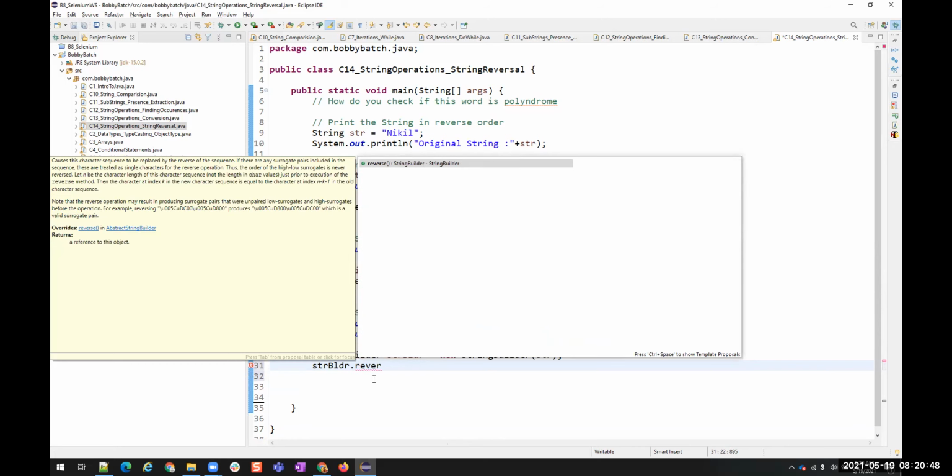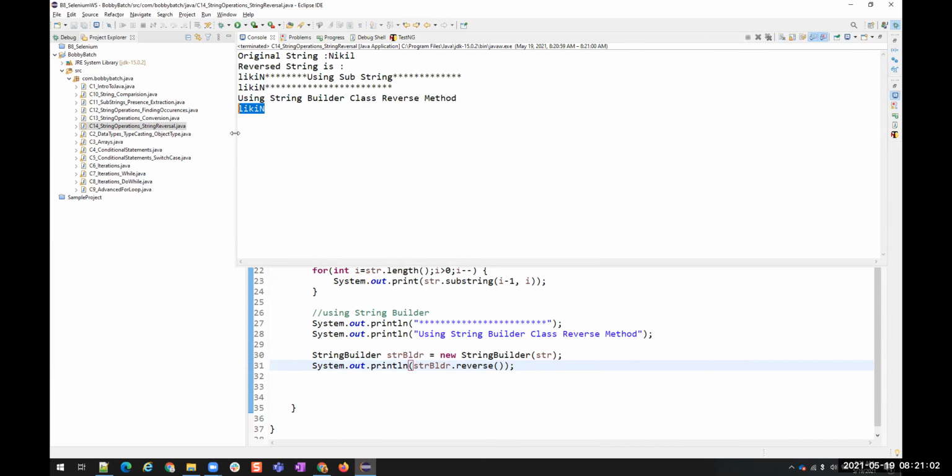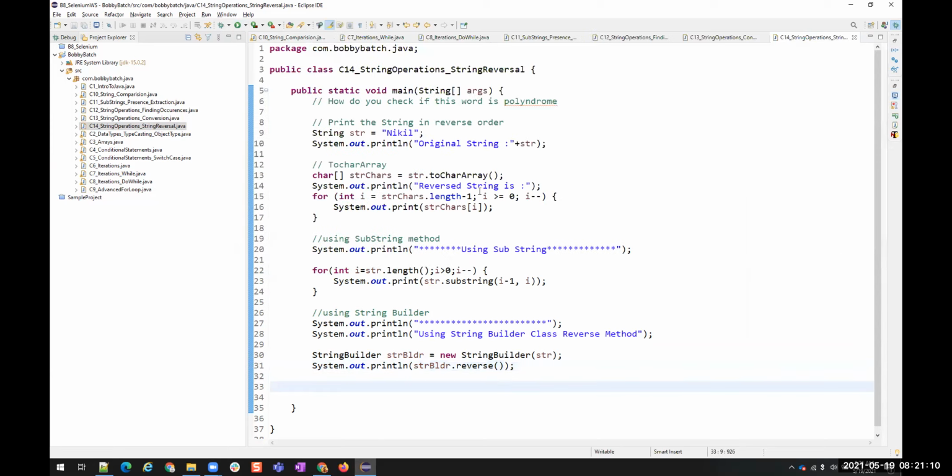It is coming directly. This is another way of converting a string to reverse. You see, using the StringBuilder class reverse method, we got it.